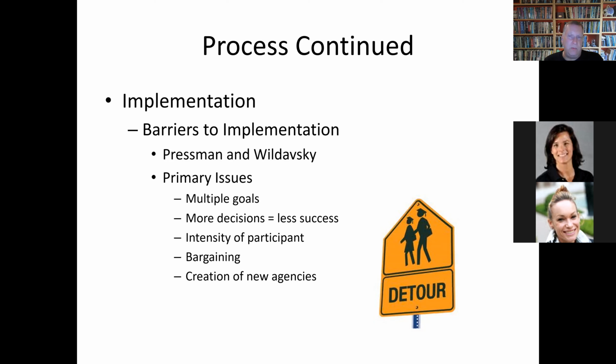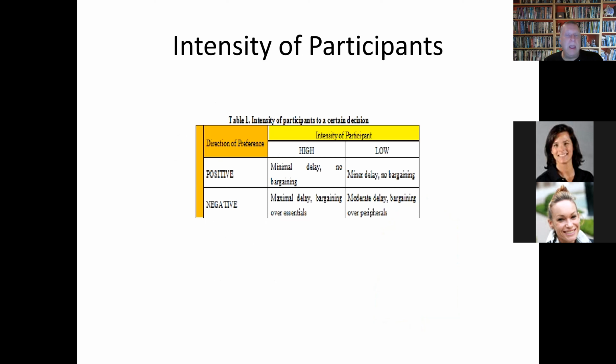EDA in Oakland, California. And what they wanted to do is identify what are some of the major barriers that precluded successful implementation of this federal policy in this local community of Oakland, California. They literally found dozens upon dozens of barriers to implementation. But one of the primary barriers that they saw was the direction and intensity of the people participating in the implementation of that policy. So according to Pressman and Wildavsky,